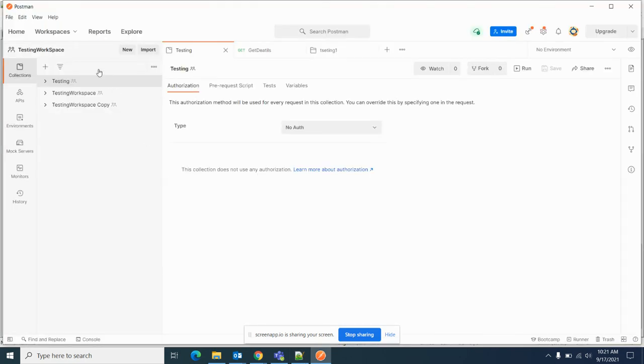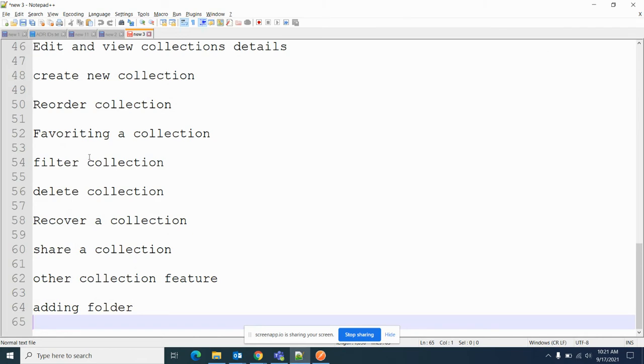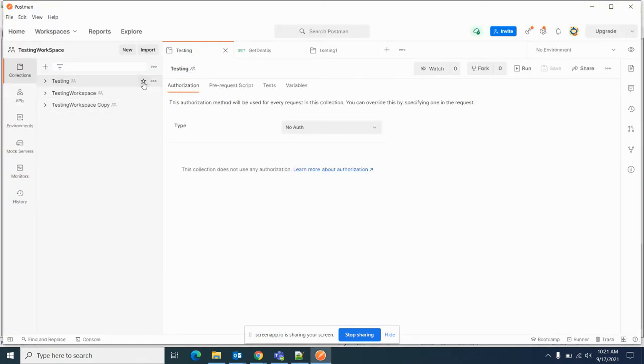Filter, we can search here for which one we want. This one we can see like this. We can search, filtering for whichever collection we want. Favorite, if you click favorite, this is the symbol for favorite. If you click this one,